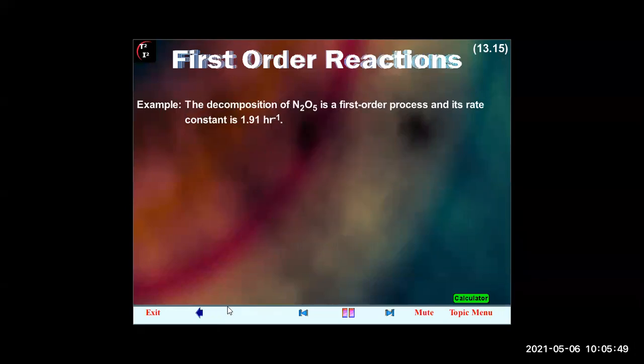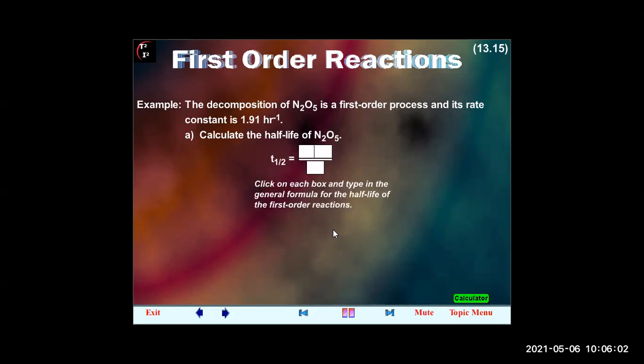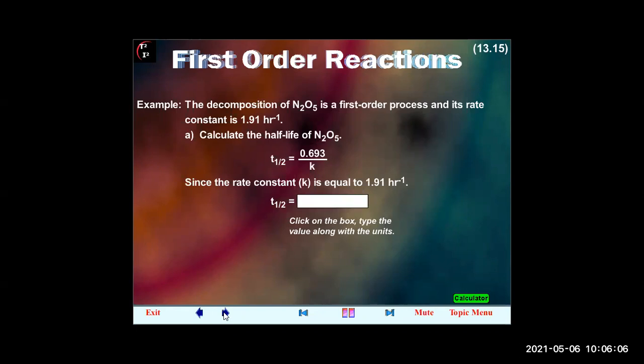Example: the decomposition of N2O5 is a first-order process, and its rate constant is given. Calculate the half-life of N2O5. T1/2 is equal to